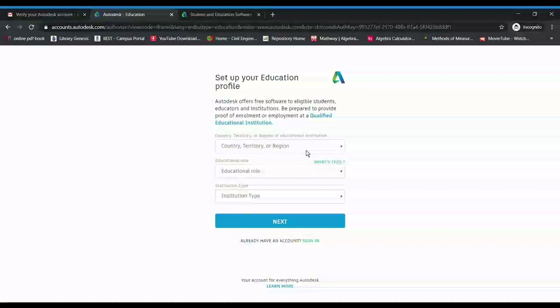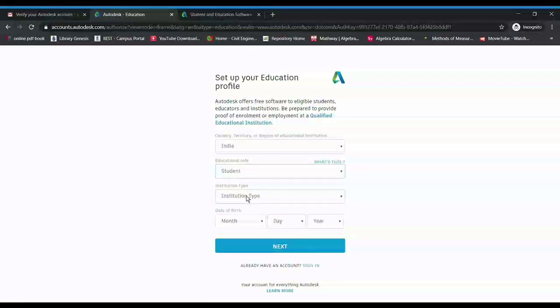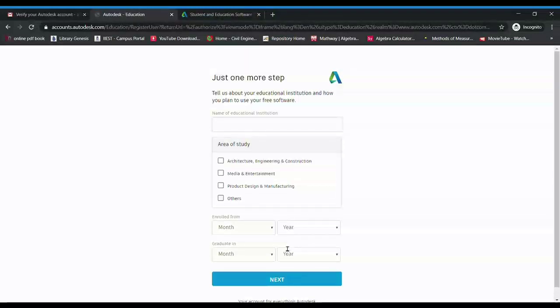Now you have to fill up your educational profile. Give your country, educational role, institute type, date of birth, etc., which are required here. Now click on next. Give your institute name.